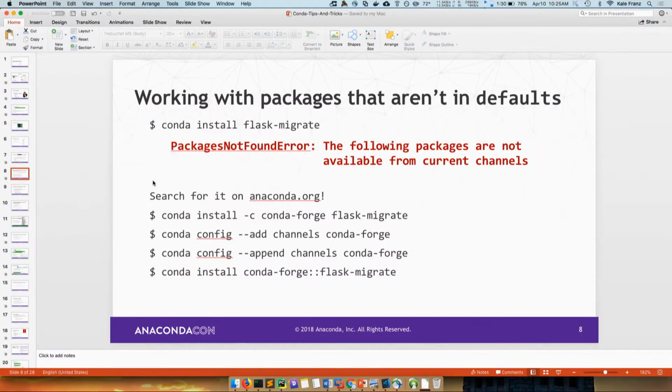Okay, so that's working with channels a little bit better. Mahmoud yesterday said that the no channel priority configuration parameter was useful. Sometimes this switching back and forth, thrashing between Conda Forge and defaults, is actually kind of a big problem. You end up chewing up disk space.